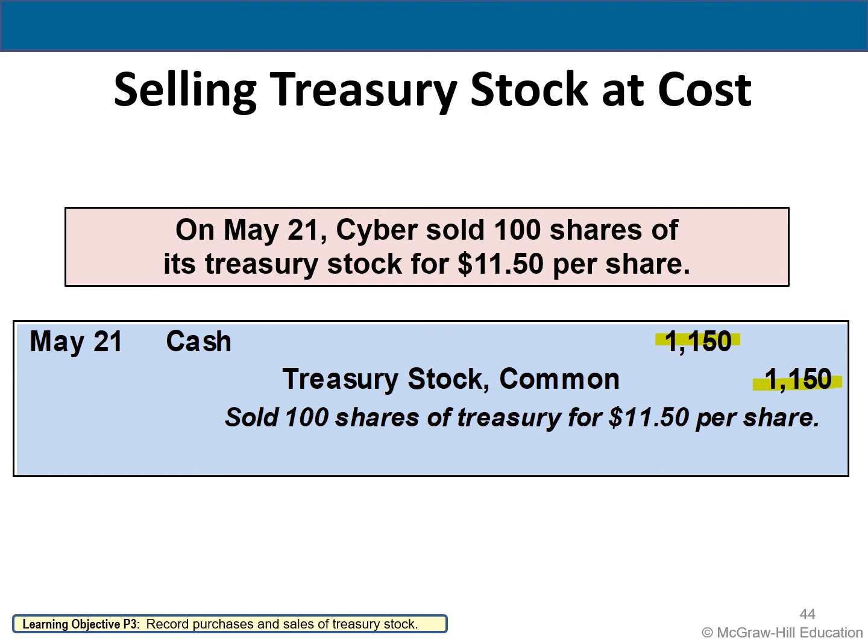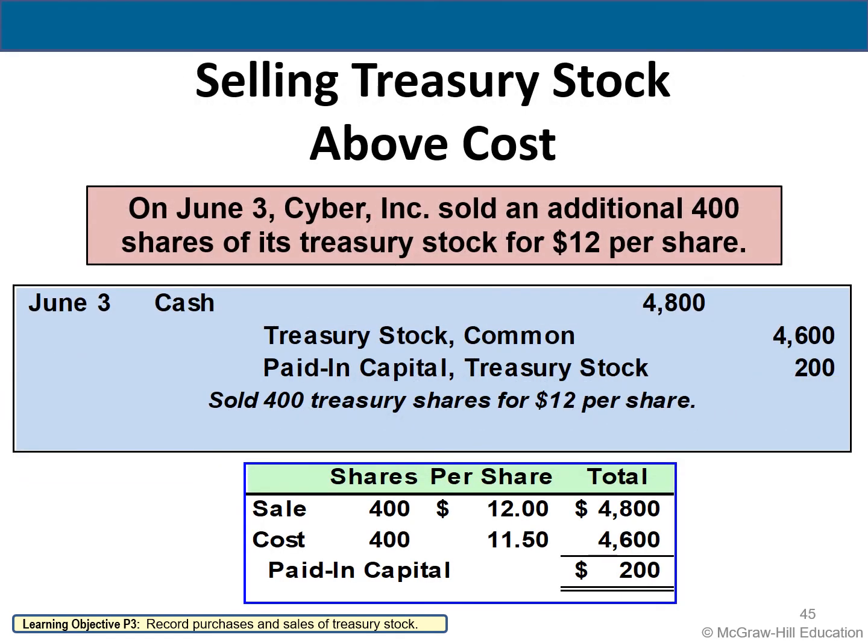So we had $11,500 in our treasury stock common account as a debit when we purchased back those shares. To reduce that, we're going to credit for the amount, the 100 of the 1,000 that we purchased back. We turned around and sold 100 of those. So to reduce our treasury stock common account, we credit because it's a contra equity account.